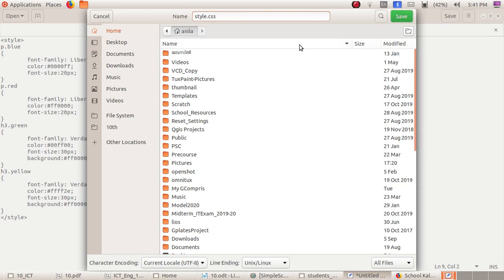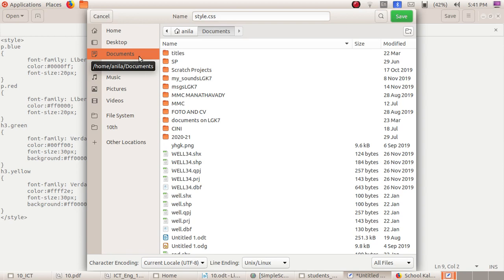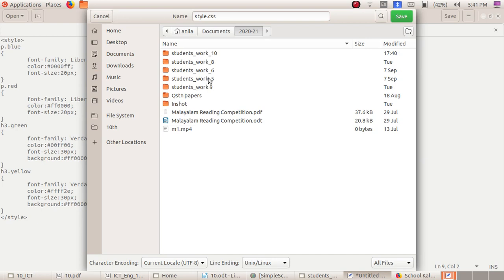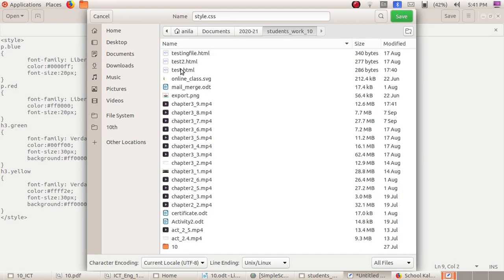But before saving, you want to make sure that your first document, which is test.html, and this style.css must be in the same folder. So test.html is in the 2020-21 students work 10th folder.